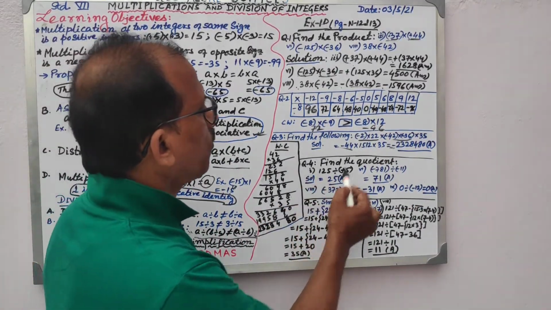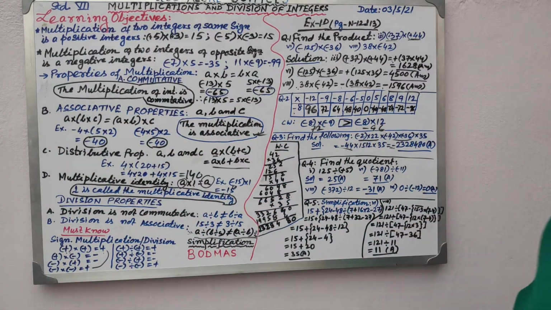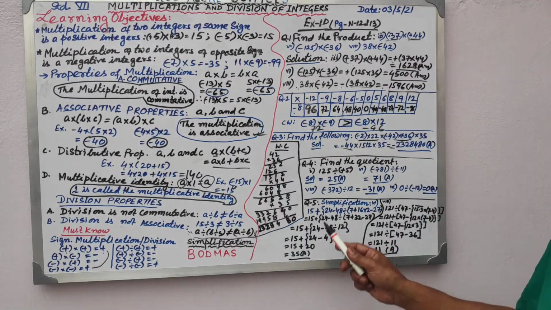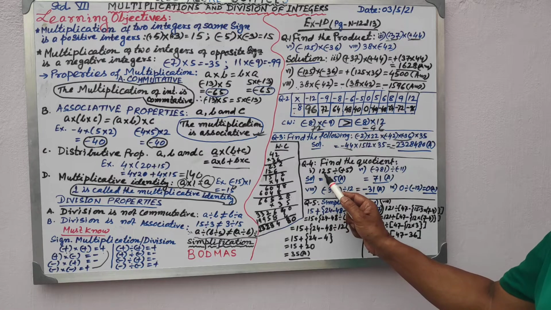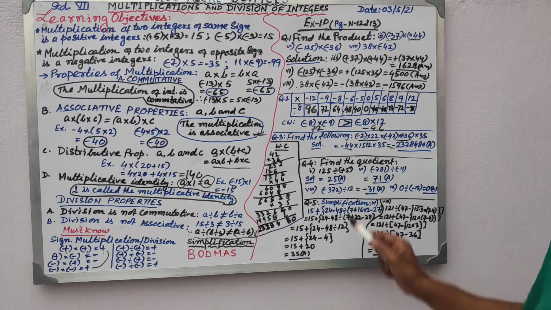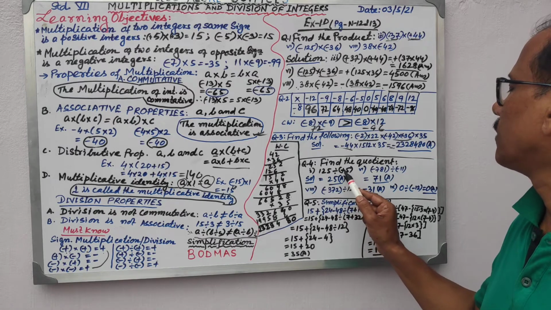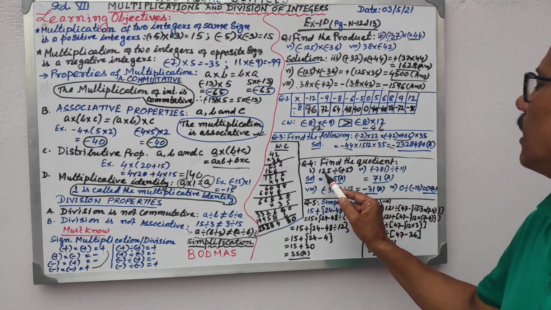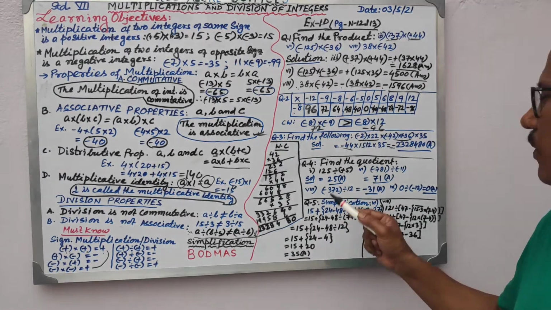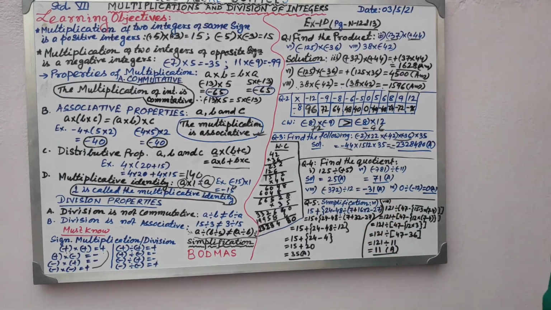Now moving on to question number 4, find out the quotient. You need to do some division also. In division, the sign property is the same as in multiplication. I have taken question number 4, the first one, 125 divided by 5. Here the divisor is a plus sign, so plus divided by plus will be plus. So divide 125 by 5, that will become 25. 5 25s are 125, you know. So it will be 25, and it will carry a plus sign because both are positive.